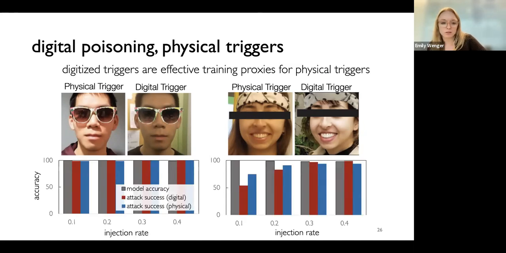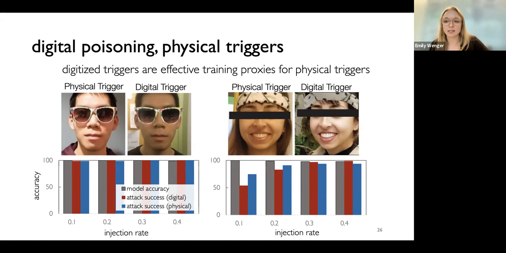But we found, particularly for the sunglasses and also for the scarf, as the injection rate increases, that the trigger still succeeded quite well. So you can see in these triple bar graphs here, model accuracy is gray, so that's fine. But the digital attack success rate, which is red, and then the physical attack success rate, which is blue, track with each other.